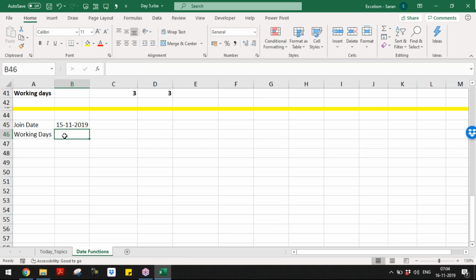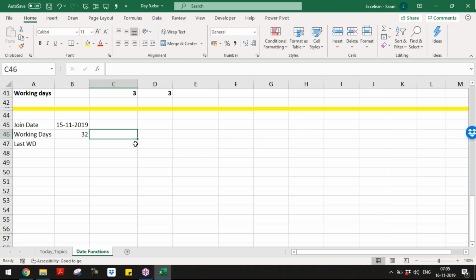I'm going to work in this company maybe 32 working days. Then can you tell me what is the last working day in that company for me? I hope you understood the question. The question is very simple. Let's say I joined the company today and I decided that I'll be working 32 working days. Can you tell me what is my last working day?